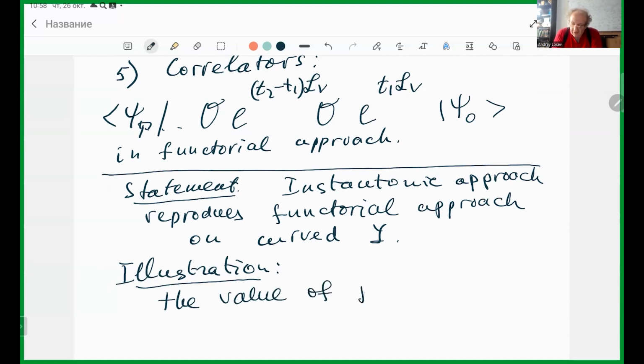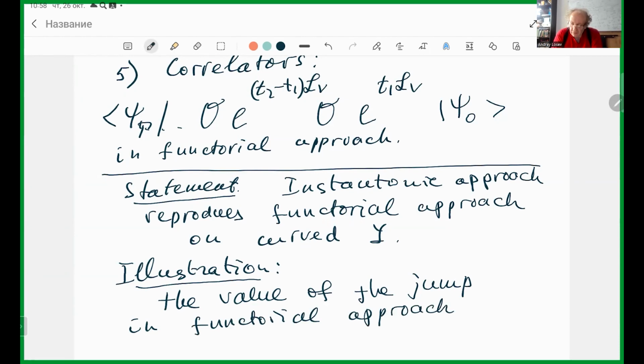The value of the jump in the functorial approach is obviously